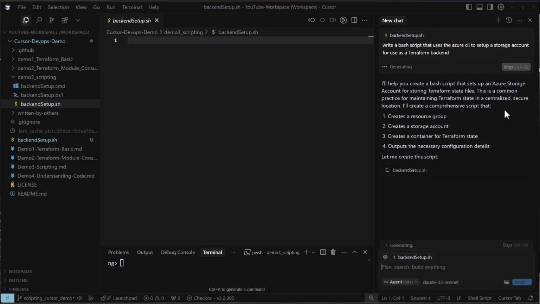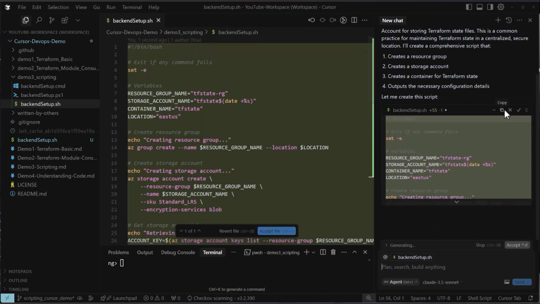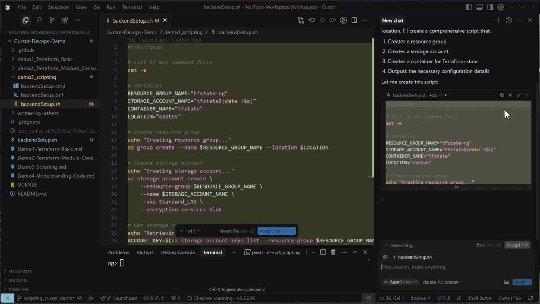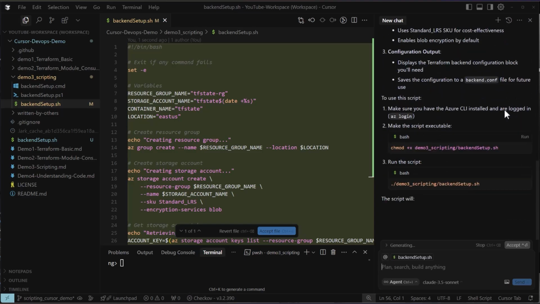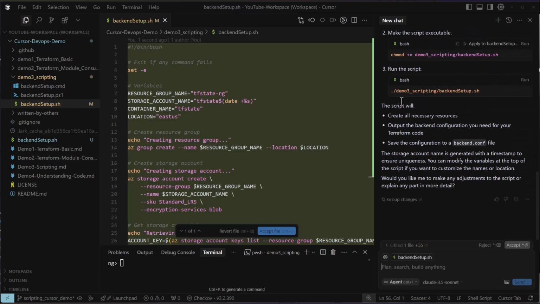It is telling us what it's going to do. It's going to create a resource group, do a storage account, create a container for the Terraform state, and it gives us a whole lot of verbiage explaining what it intends to do on the right-hand side. I usually find it quicker to just